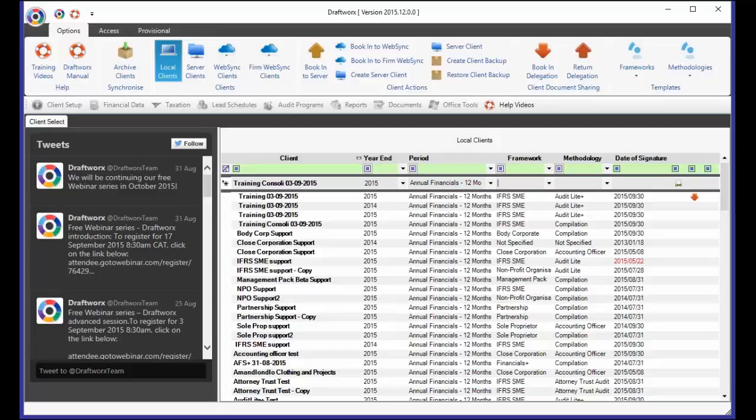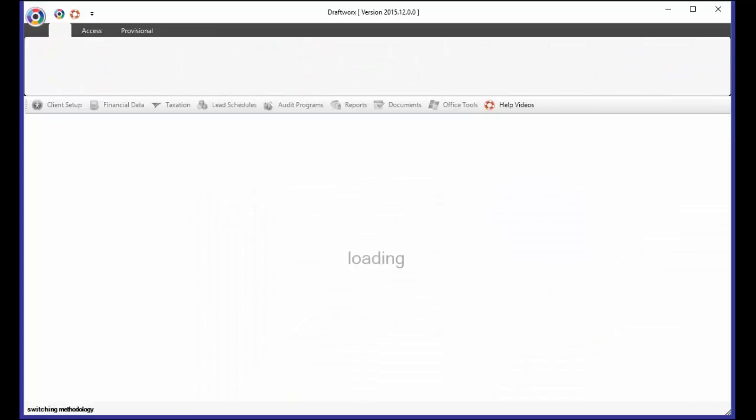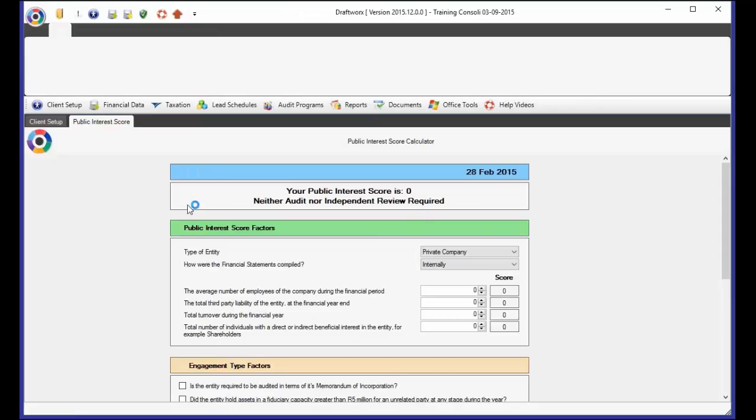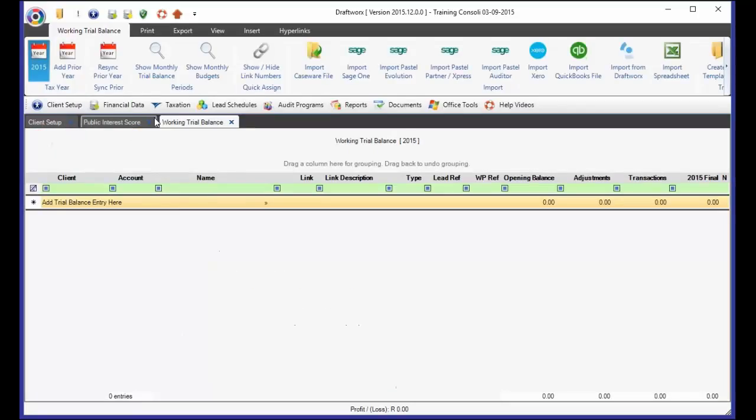0309-2015, and the framework that you would choose would now be an IFRS SME consolidation or an IFRS consolidation, depending on the framework that you're wanting to use. So let's go IFRS SME consolidation. Methodology, unless you want to do an audit, is probably going to be compilation. I'll select compilation from here, press enter, and it's going to create this file. The only real additional step other than editing the financial statements is going to be to go to my working trial balance, and in my working trial balance,